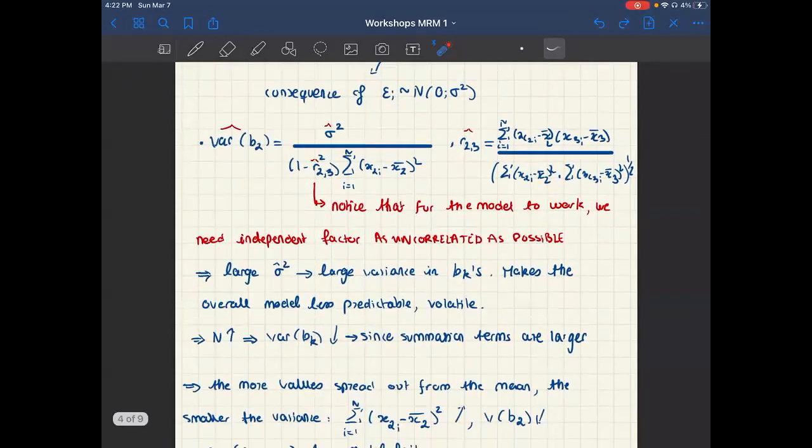One important thing to notice is if this value right here is 1, then the whole denominator is equal to 0 and the model just completely fails. Something I talked about yesterday, it's really, really important that your independent variables,